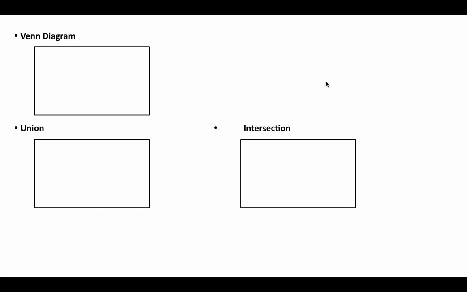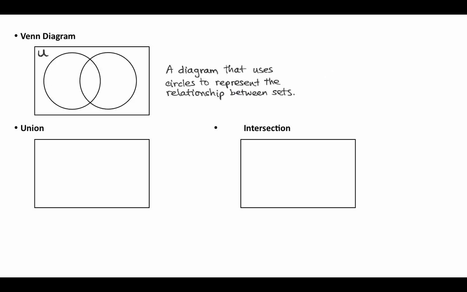All right, so now let's talk about what they look like, what the different elements are, and what it means to have an intersection or a union on your Venn diagrams. When we take a Venn diagram, usually we use circles to represent different sets. And we start out with a